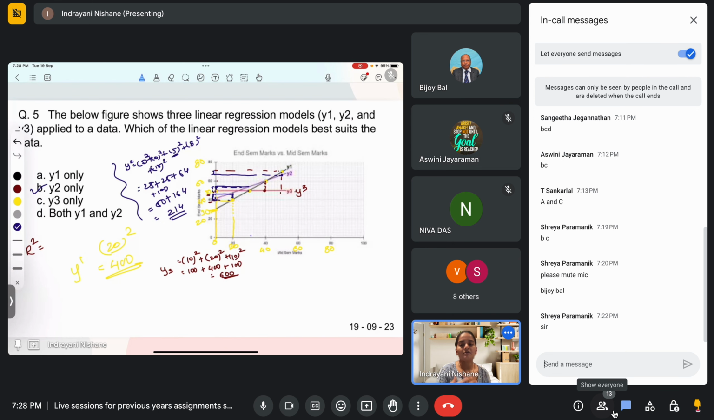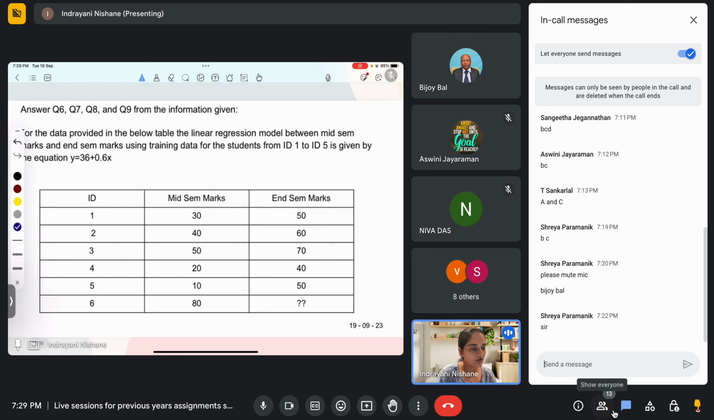So if you get this kind of question in your final exam also, don't jump to a conclusion by just looking at the graph. Carefully evaluate which would be the best fit model. Now moving on to the next question. The next question is again a little bit easy. The same formula we have been given, y is equal to 36 plus 0.6x. So if you recall the formula,